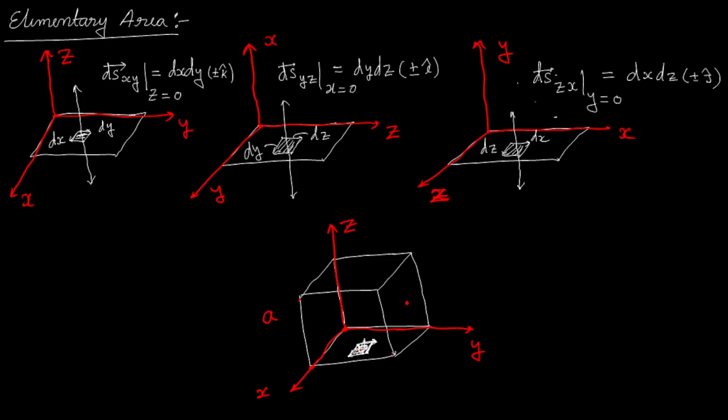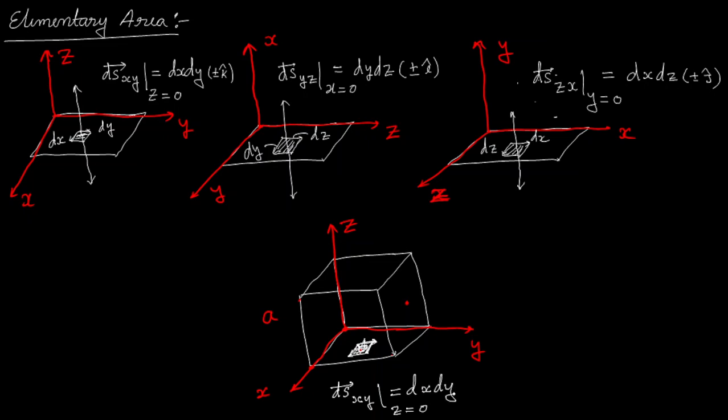So now what will be the area vector on this surface? This elementary length vector or elementary area vector. We can define this elementary area vector as ds. This is on the xy plane, so we have to write dx dy. And now on this surface, z equals 0, so we'll write z equals 0, and then we'll write